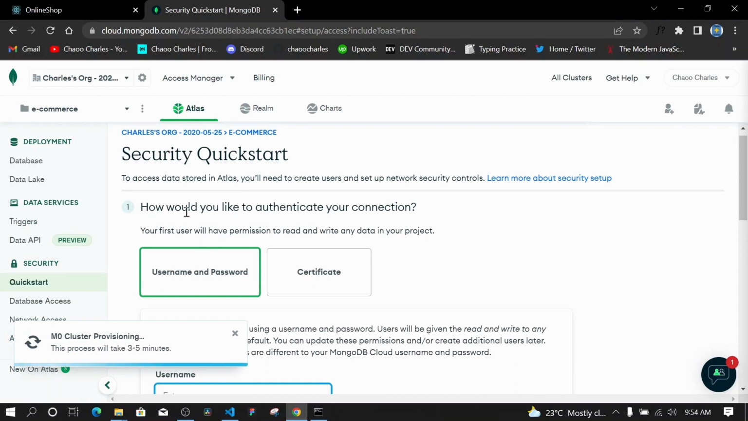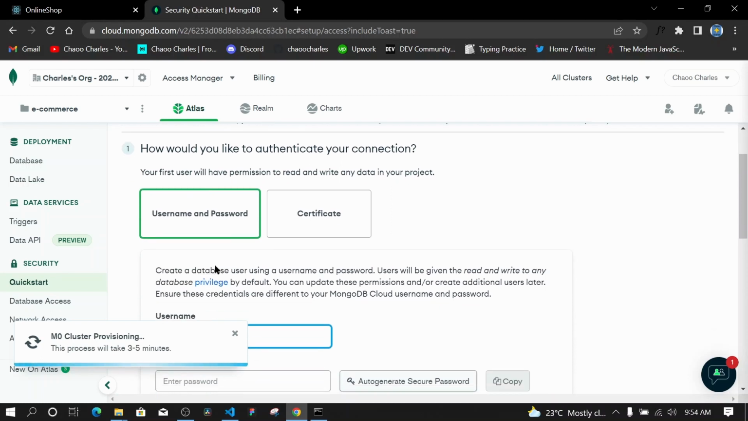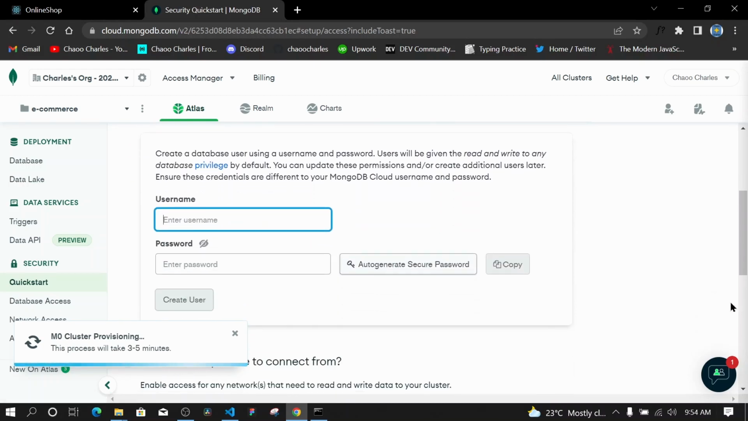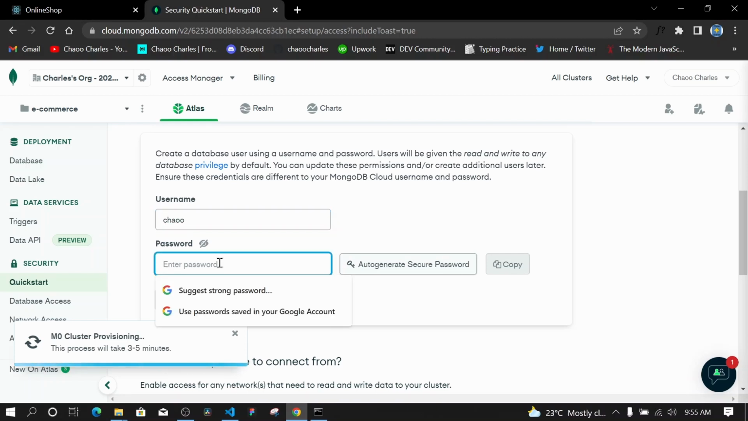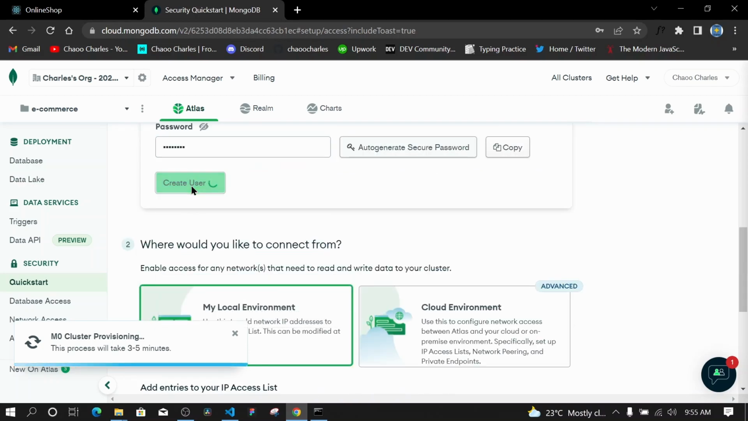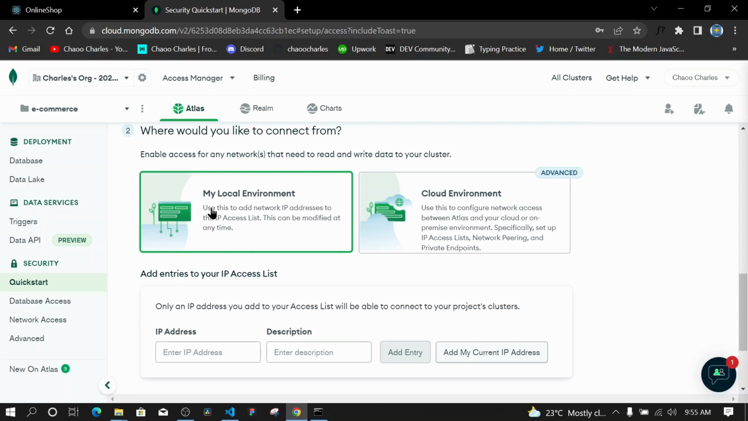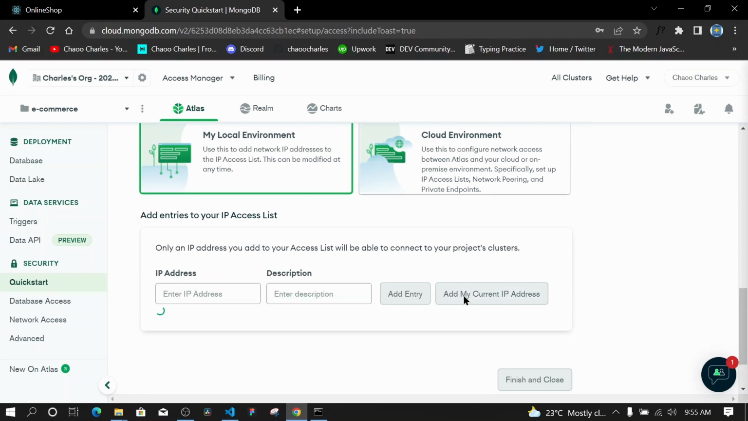And then for security, how would you like to authenticate your connection? I'll go with username and password, and right here I can enter a username and then a password. So this is like the database user that I'm creating right here. So I'll use a very easy password. I'll create user. Right here we have where would you like to connect from. I'll say add my current IP,